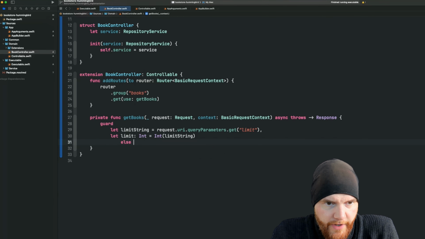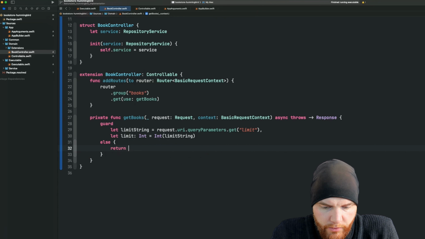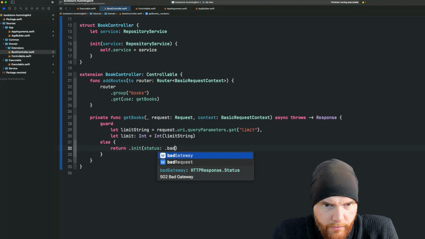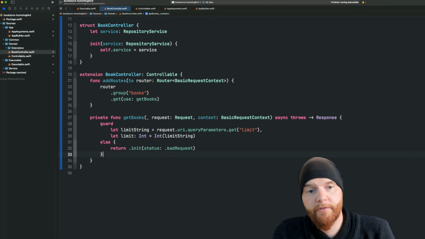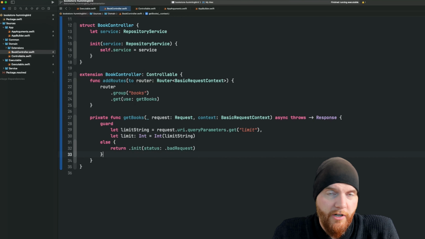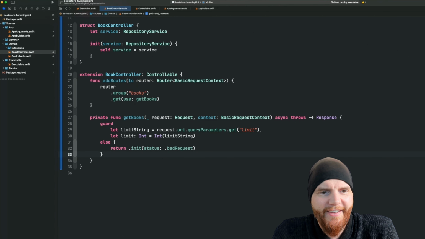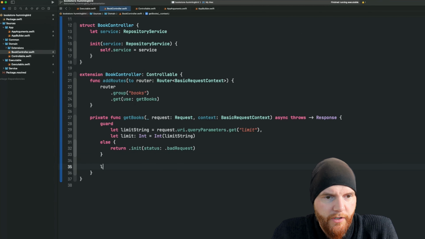If all this fails, then I can just say return status, no, batch request. Because in this instance, the client has done something bad and should be punished. So if there's no limit on it, then we won't proceed any further. Okay, and with that, I can say let books